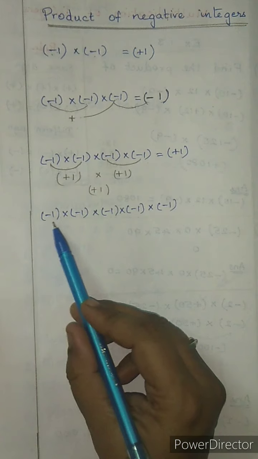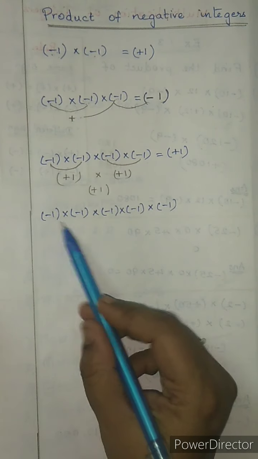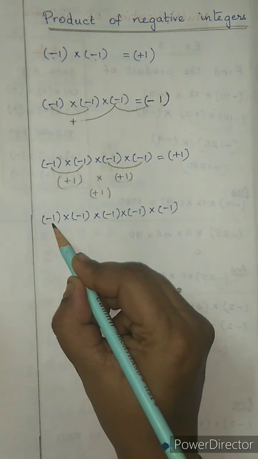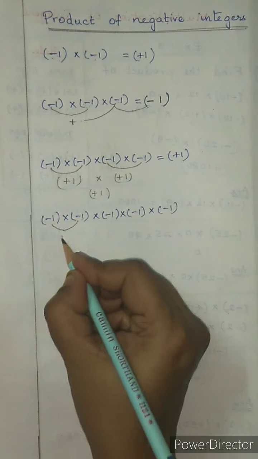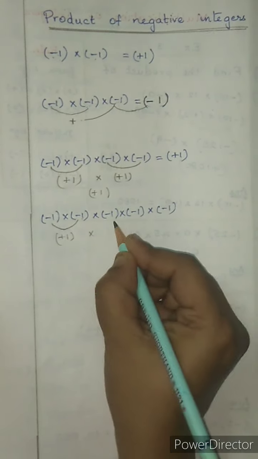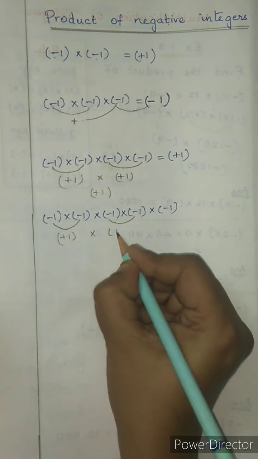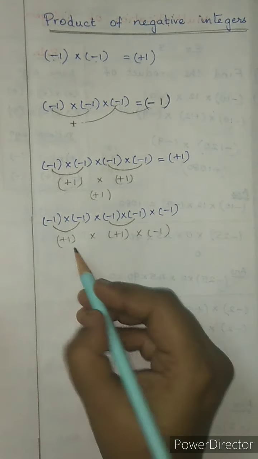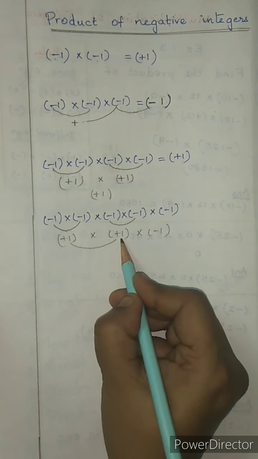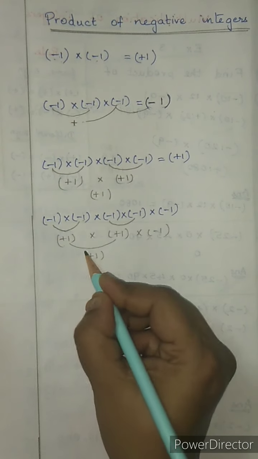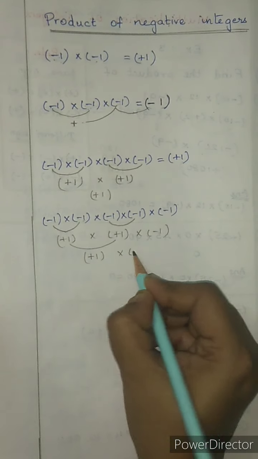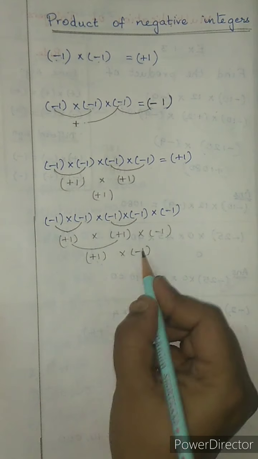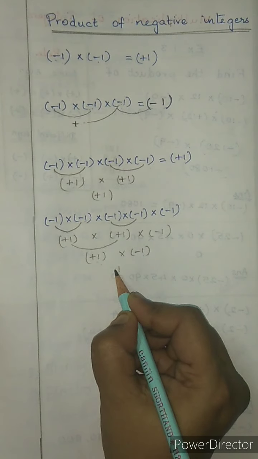Let us multiply minus 1 5 times and see what the product is. Minus 1 into minus 1, plus 1. Again you multiply these two, minus 1 into minus 1, plus 1, and bring down this integer, minus 1. Again multiply these two, plus 1 into plus 1, same sign, so plus 1. Now bring down the next integer, minus 1. Now the integers are of different sign. 1 into 1, 1, but the product remains negative.